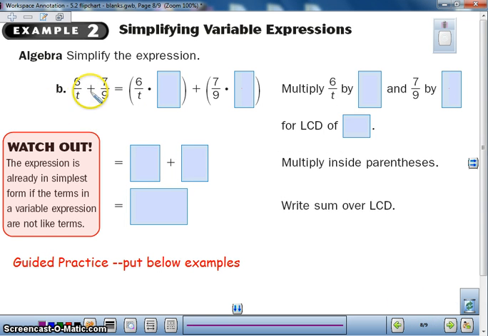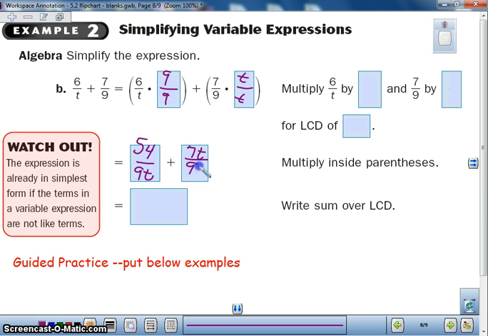The second example that you want to put on your paper under example 2 is 6 divided by t plus 7/9. Again, as you start to do this, show what you're multiplying by. Now, with t and 9, my common denominator is going to be 9t. So I need to multiply so that I get a common denominator of 9t. I have to multiply t times 9, and I have to take the 9 times t. But remember, when you multiply, you must multiply by the same thing in numerator and denominator to keep the same problem. As we're multiplying here, we have 9 times 6, which gives us 54, plus 7t